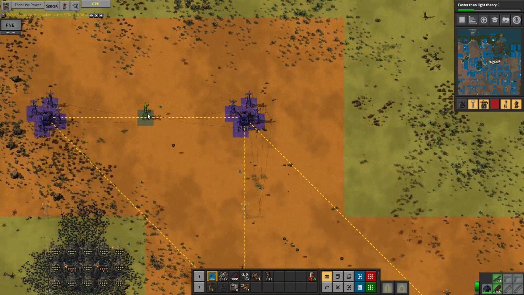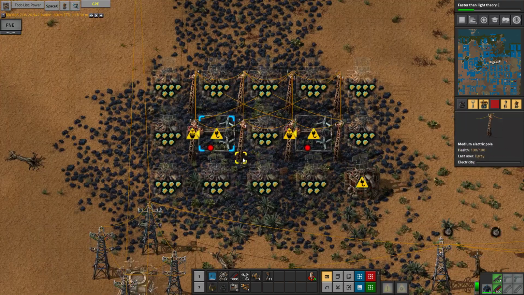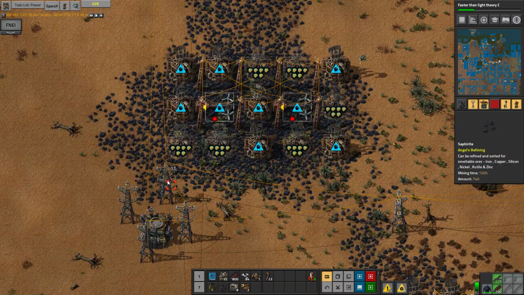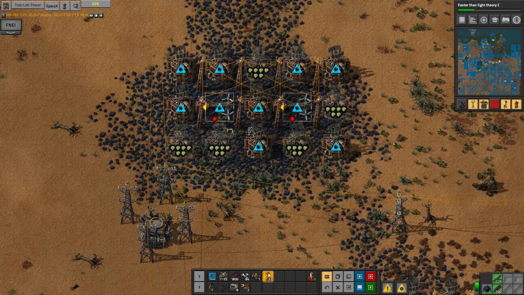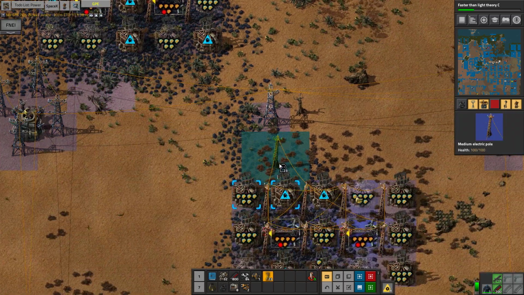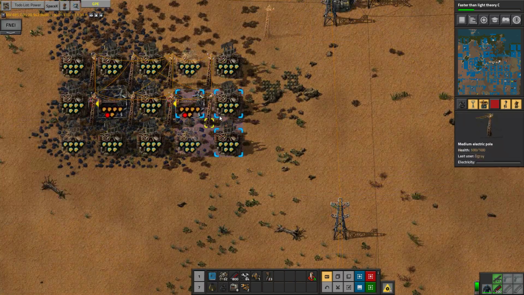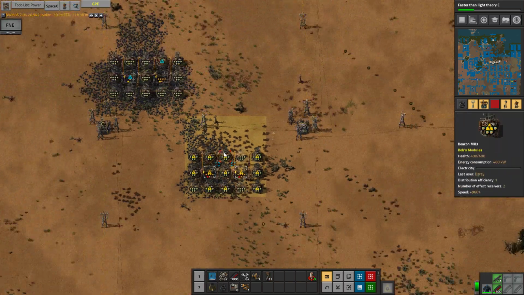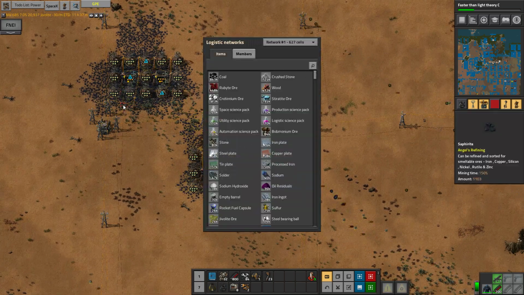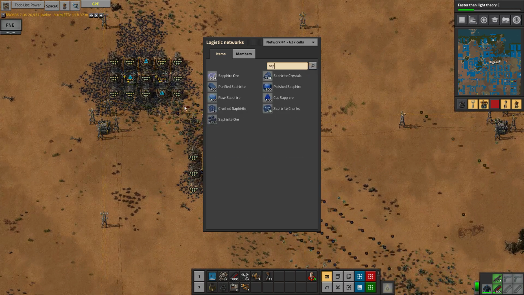Let's do a few more so it's all set up. And then give this some power. Right there and one right here. I think that should power it all. Let's just check, and then we should have all the sapphire we need. Oh, sapphire, sorry. Yeah, that is way too...